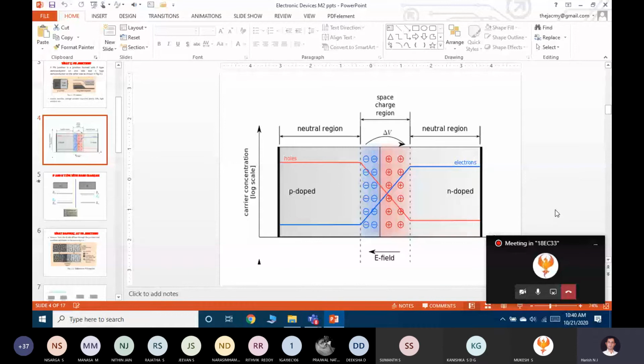ನೀನು ಈಗ P type ನ instead of taking 5 centimeter you are going to take 10 centimeter. Correct. At the same time, for N type also, you are going to take 10 centimeter. 10 centimeter plus 10 centimeter, it will become 20 centimeter. Correct. Yes, sir. So a 20 centimeter diode ನ ನೀನು construct ಮಾಡಿದ್ರೆ ನಿನ್ನ cut-in voltage depend ಆಗೋದು how much impurity atom you are going to dope. Moderately doped ಅಂದ್ರೆ it will be 0.7.